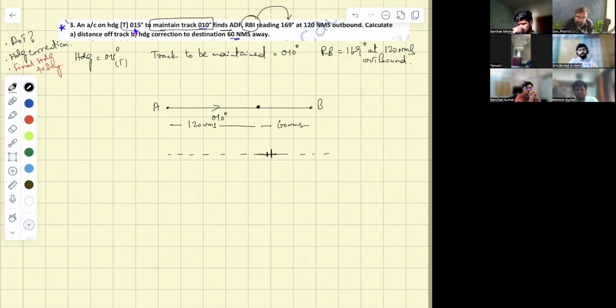And let's say the aircraft is maintaining the track. But what is its heading? Heading is 015 degrees. That is 5 degrees to the right of the track. So if the aircraft is at 120 nautical miles and maintaining a track,